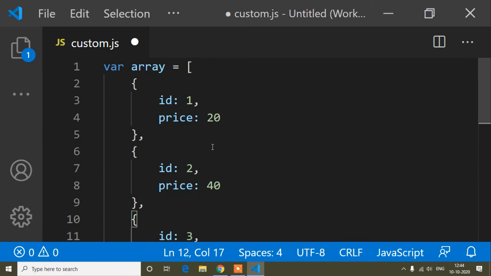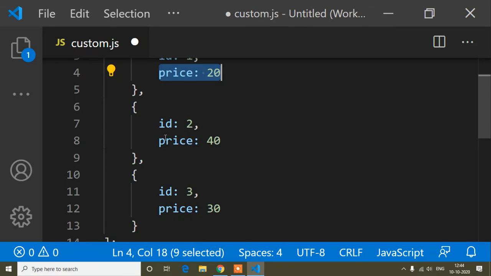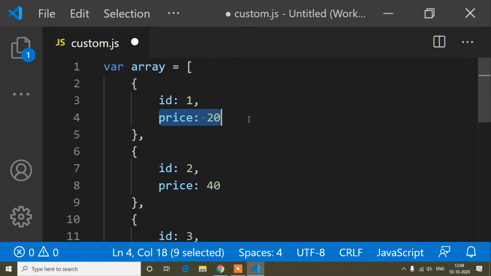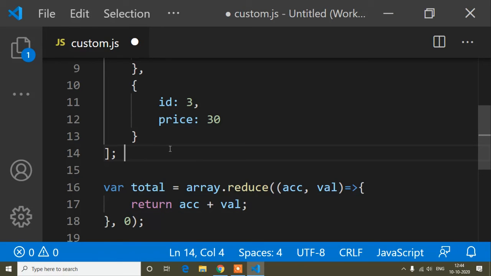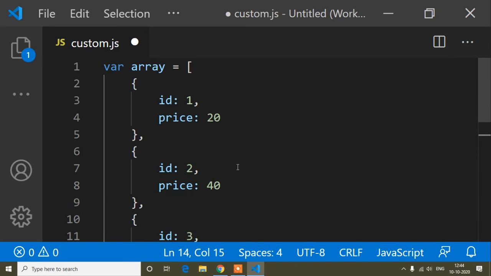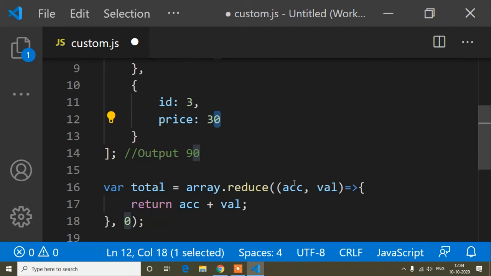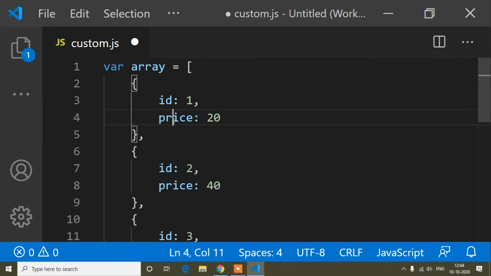Suppose now we want to count the total price: 20 plus 40 is 60, and 60 plus 30 is 90. So if we want to add the total price, the output should be 90. Now how can we add the price?